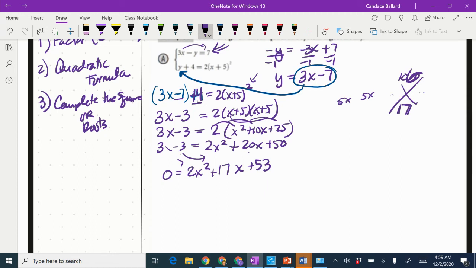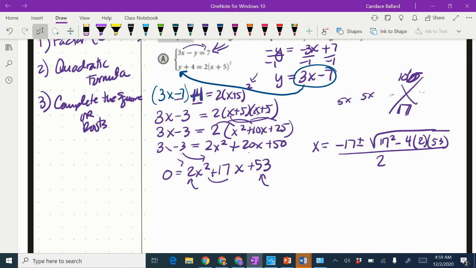I don't think there are two numbers that multiply to 106 and add to 17, so I cannot use a magic X. The next thing I'm going to try is the quadratic formula. So x equals negative b plus or minus the square root of b squared, where the b value is 17, minus 4 times the a value, which is 2, times the c value, which is 53, all over 2 times the a value, which is 2. So we've got negative 17 plus or minus